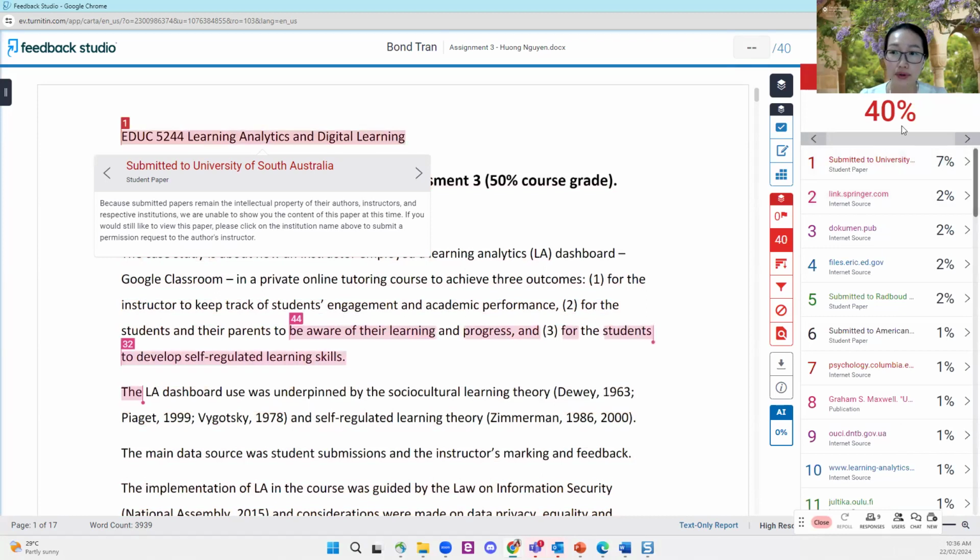And then the similarity report goes down to 40%. I remember this one when I submitted to the other university, it came back at 40%. Whether this 40% is a high or low percentage depends on the nature of the submission of the